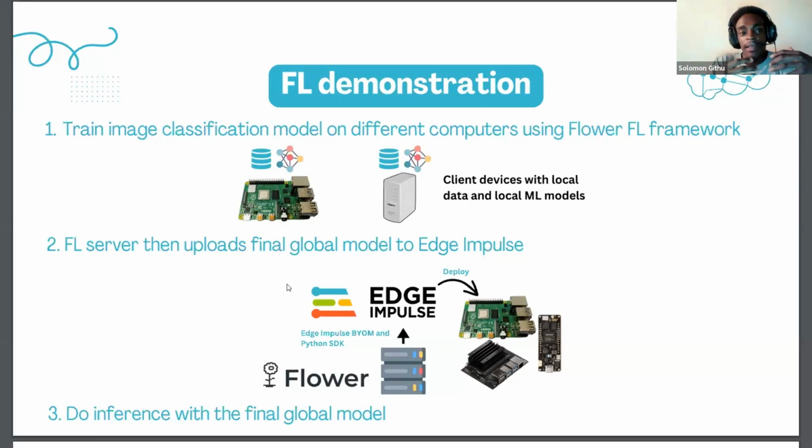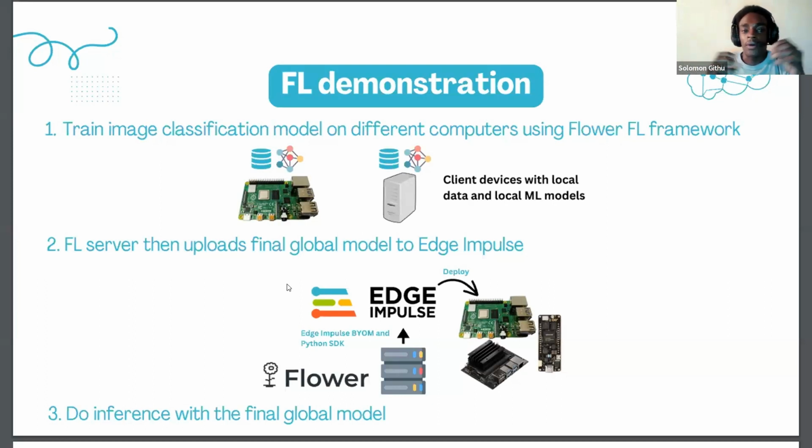So a system whereby you have like a server. The server can, let's say, initialize a model. It can take the initial model parameters. It sends it to each device. Each device will take that model. Maybe it's a MobileNet V2 model. Maybe it's a YOLO V5 model. It updates that model locally. After updating that model, it goes back and tells the server, I have these new model parameters. Another device will also tell the server, I have these new model parameters. The server will then aggregate those model parameters and it will come up with a final model.